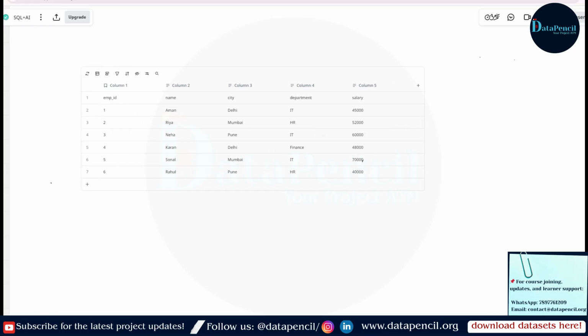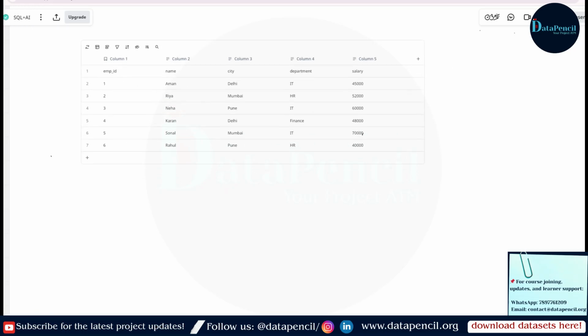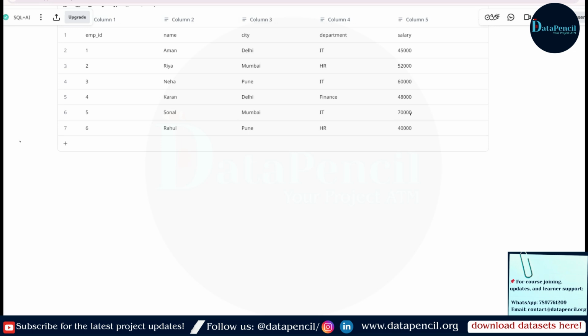Okay, fine. So we will see the aggregate functions one by one, where the first one is count. Using this count function, we will simply count our rows. So what does the count function do? It counts the rows. Now the way of writing this count function is like this: count, then parenthesis.